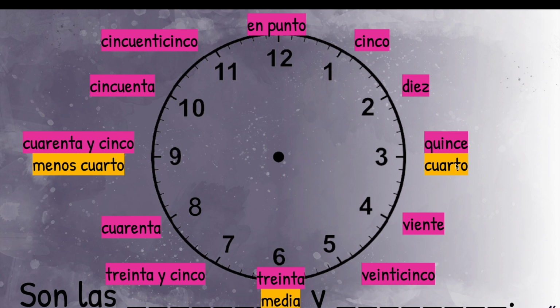The little orange letters here, if you are at the quarter hours, or the half hour, you can say y cuarto, y media, or menos cuarto. If you want to go like quarter to, you would actually go backwards. So for example, if it is 2:15, I would say son las 2:15. If it is 2:40, or let's say it's